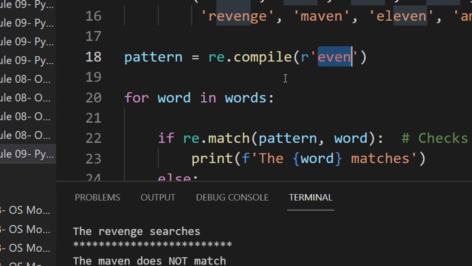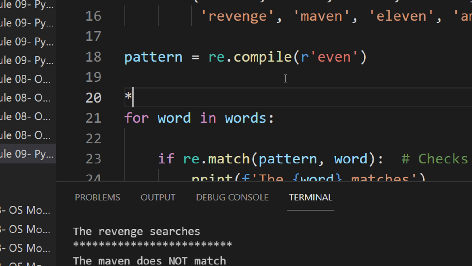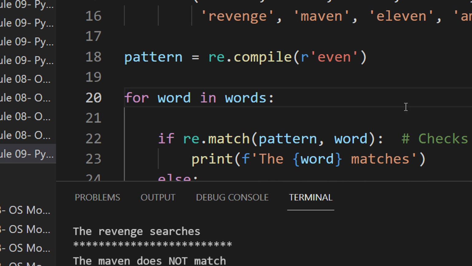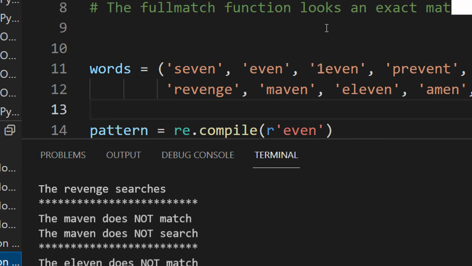For example, in your computer you have the Windows Explorer. You can just go there and type star.txt, which means asterisk dot txt, right? So basically this will give you all the text files. This star is known as a wildcard, which means it can be anything. It's a wild character, A to Z, 1 to 10, anything can be done here. This expression is known as a regular expression, right? The keyword is regular expression. So let us see the next code on this.